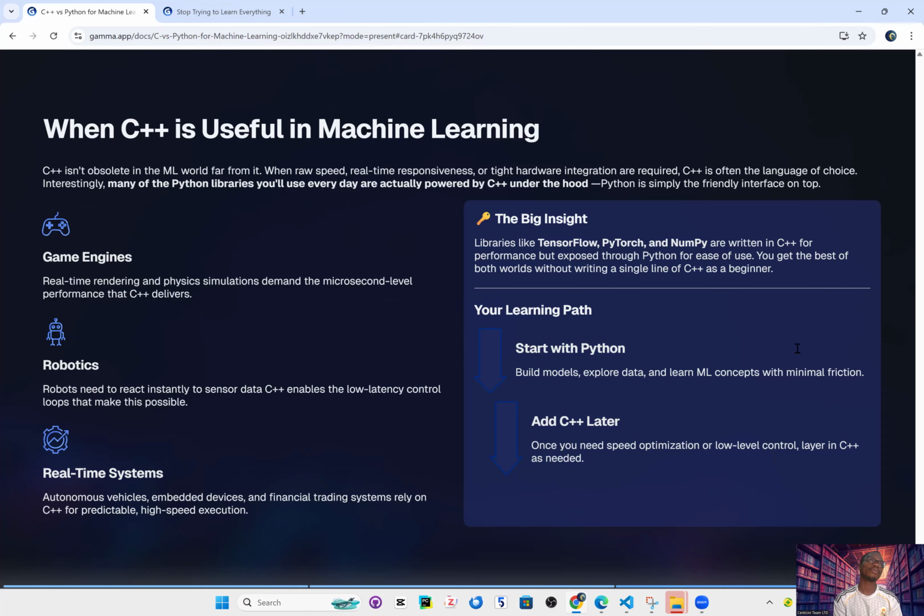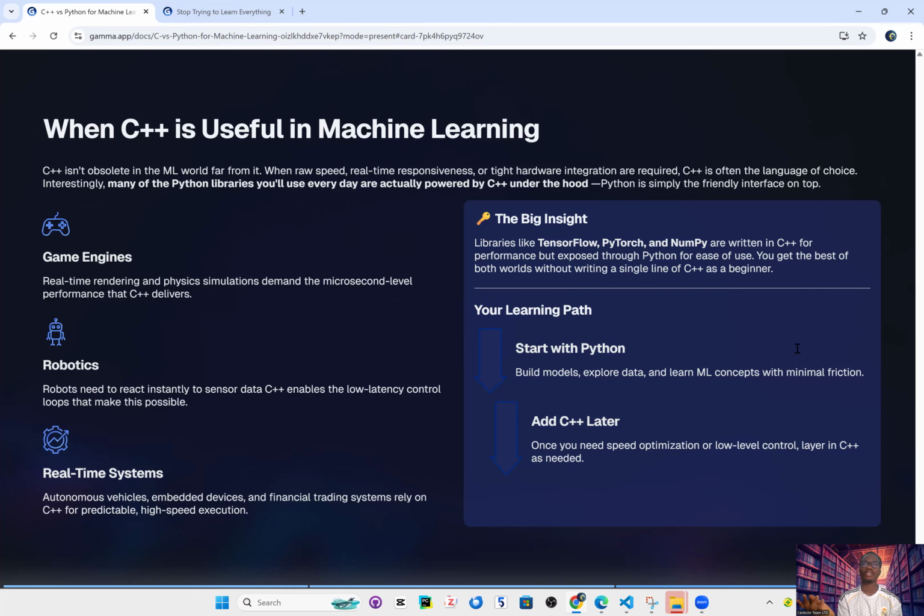What I usually advise people is that if you want to learn machine learning and have knowledge of it, then of course you need to go through Python. But if you want to understand machine learning, then C++ and C are going to show you how things actually work from scratch. Anytime you're looking for speed, optimization, and low latency control, why not go for C++? Learn how to build everything from scratch. And if you are trying to start your machine learning journey and you're not even coming from a programming background, of course, Python is your thing.